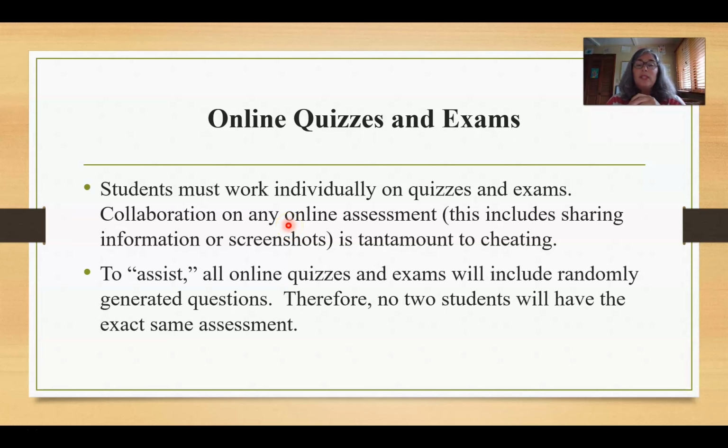What I try to do instead is, like I said, create a test that's hard to cheat on. So I have huge randomly created pools of questions that I wrote, not instructor test banks that can be searched for online. So they were all written by me, and each test will randomly pull just a handful of questions from these big pools so that everyone's test looks different.